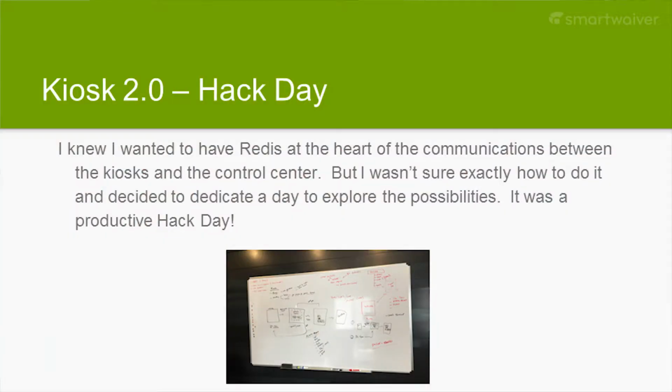So, as all good techie companies, we had Hack Day. And so since I had a new developer, straight out of college, might as well introduce him to the Hack Day. So that's an actual photo of the whiteboard at the end of the day there. So I had a pretty good idea that I wanted to use Redis already, and I had a good idea of what scenario I wanted to do this with. And so really the whole day came into just pushing all the little ideas together. So we had to do back-end stuff, we had to do some front-end stuff, to make it work. So it actually turned out to be almost exactly, plus a few extra things, what we designed on the whiteboard there.